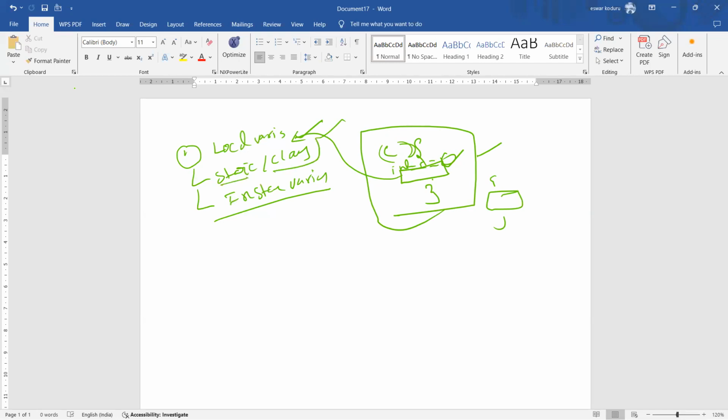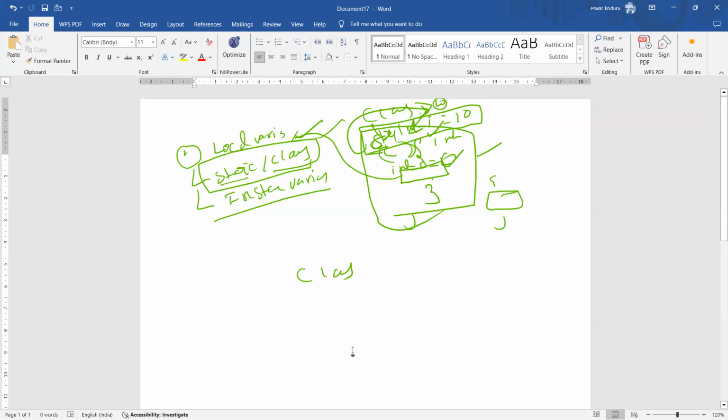Static variable or class variable, we can declare outside the method. That means at the class level, for example, int i = 10, this is a static. Static variable you can call through class name and object reference, but through class name you can call so that you can access the static value. Whereas an instance variable, for example, class name,